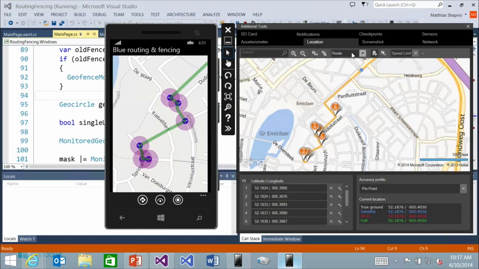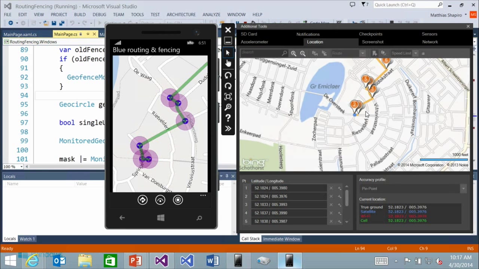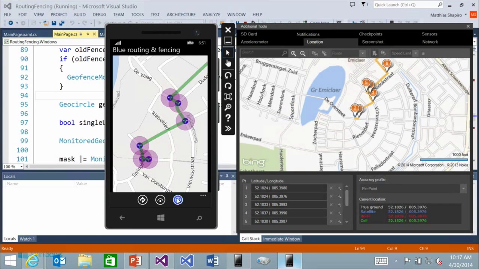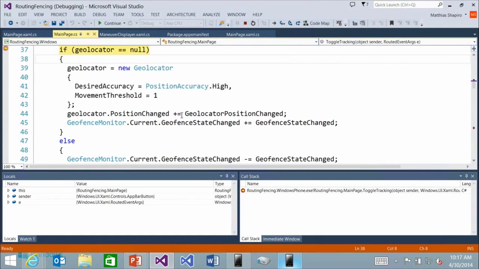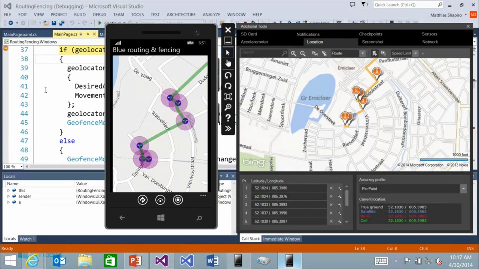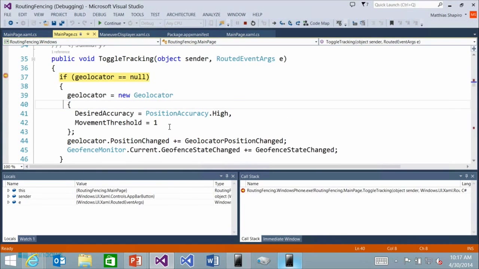So once we've got our speed limit and our route, we can hit play, and you now see that we're running along. So this is actually the geolocator. I'm going to go ahead and stop that real fast. I forgot that I have a breakpoint around the geolocator, so you can see this is the geolocator for both Windows and Windows Phone.